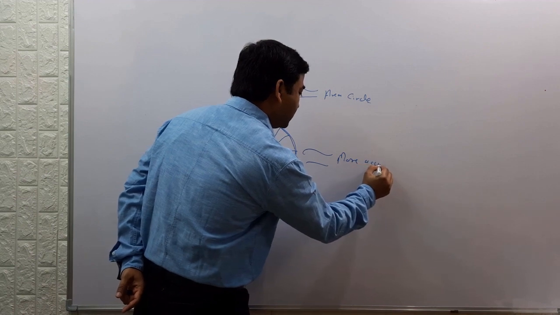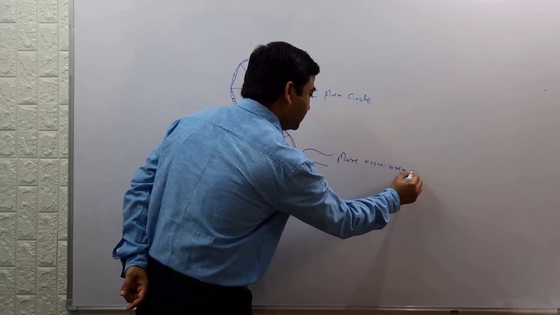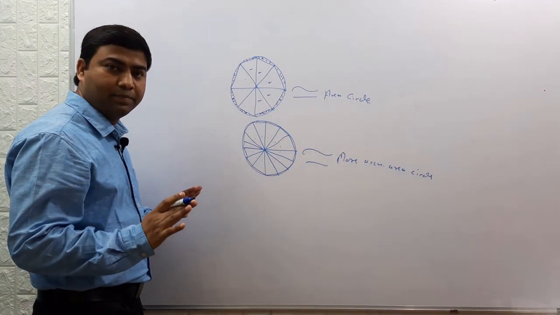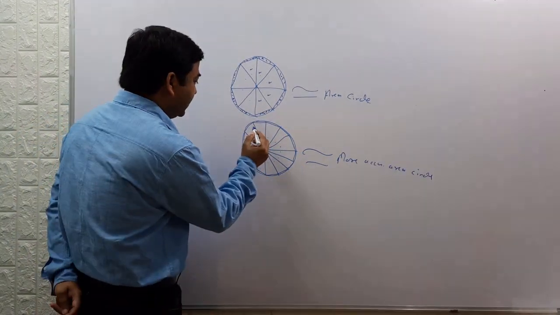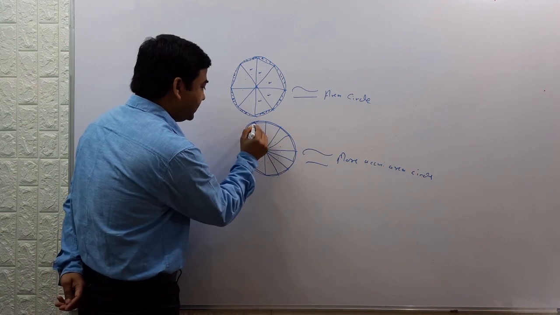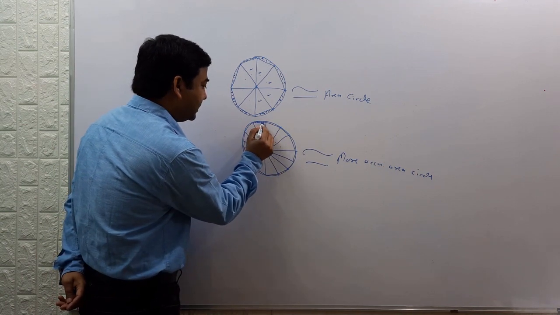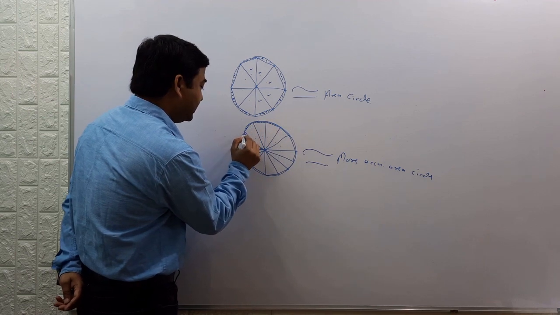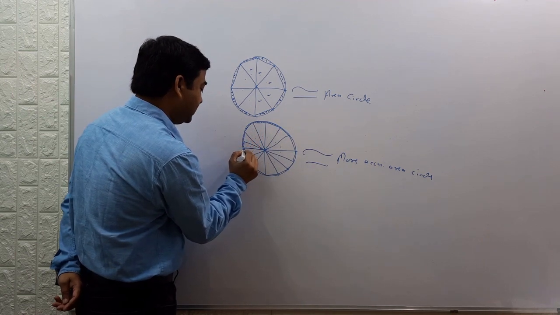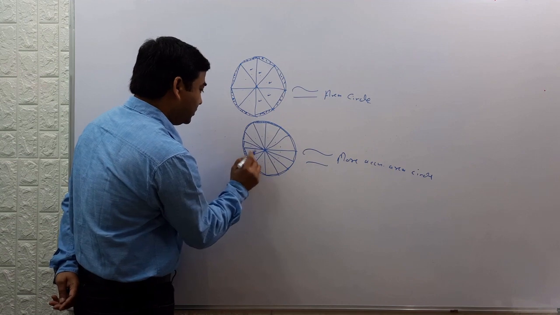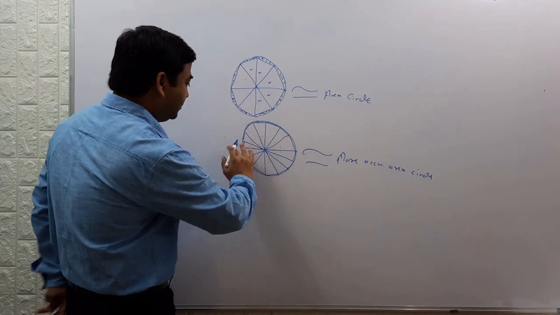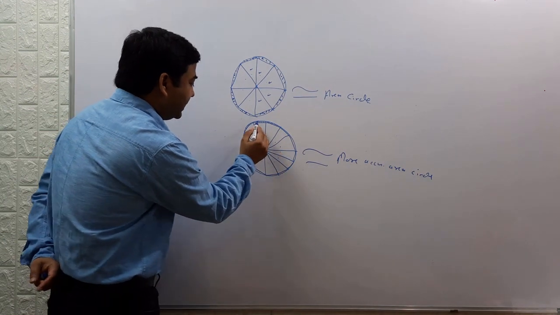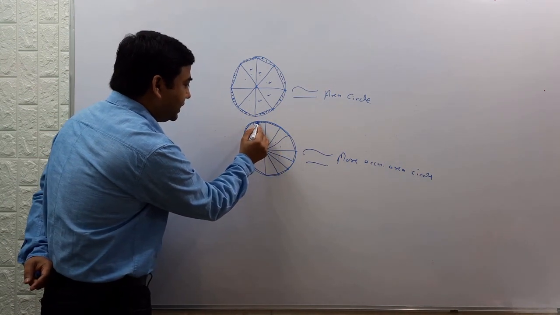More accurate area of circle that you can easily appreciate. You can easily find, because in this case the uncalculated area is smaller. It is smaller area. So as we increase the number of triangles in this circle, the uncalculated area